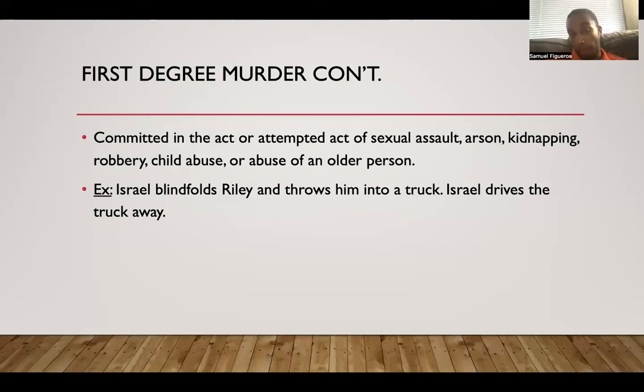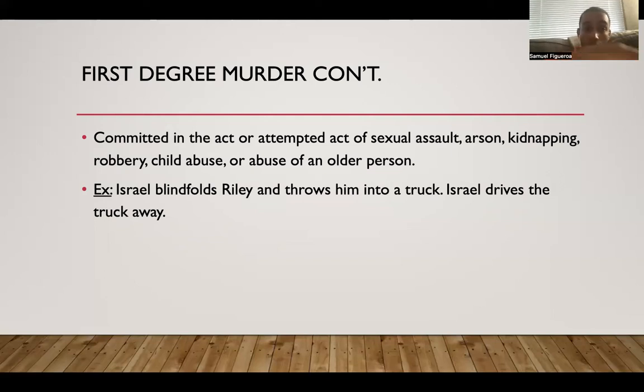Another way to be liable for first degree murder under Nevada law is that the defendant committed the actual act, or attempted to commit the act, of sexual assault, arson, kidnapping, robbery, child abuse, or abuse of an older person. These are other felonious acts that will count in regards to first degree murder. So again, if the defendant commits one of these acts or attempts to commit one of these acts and a killing occurs as a result of the act or attempted act of these underlying felonies,